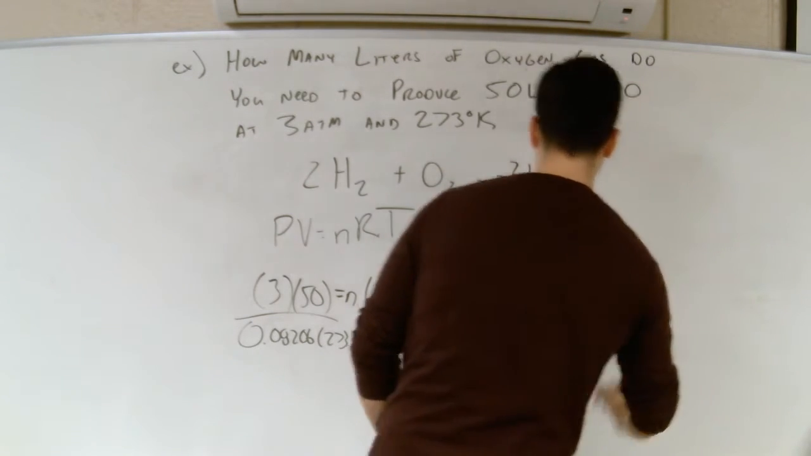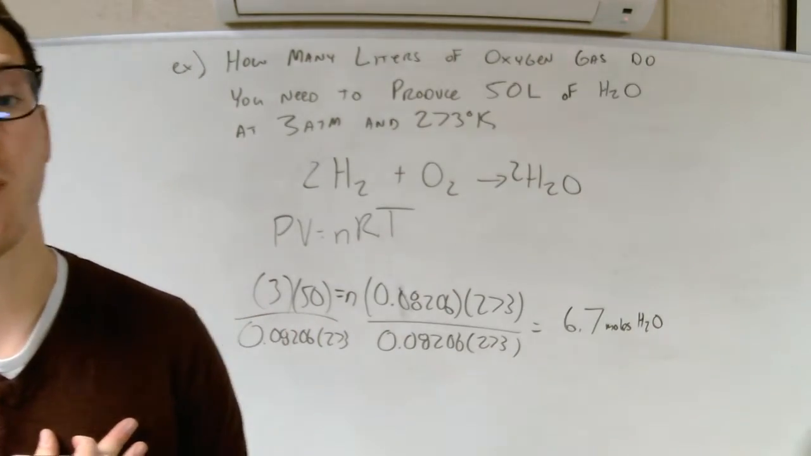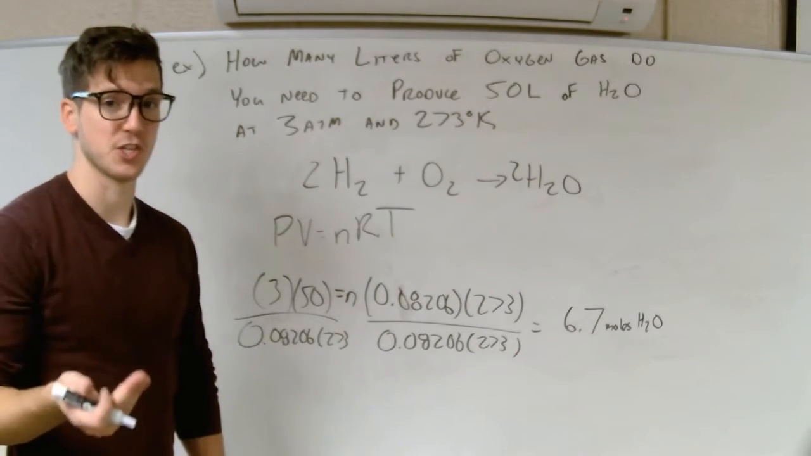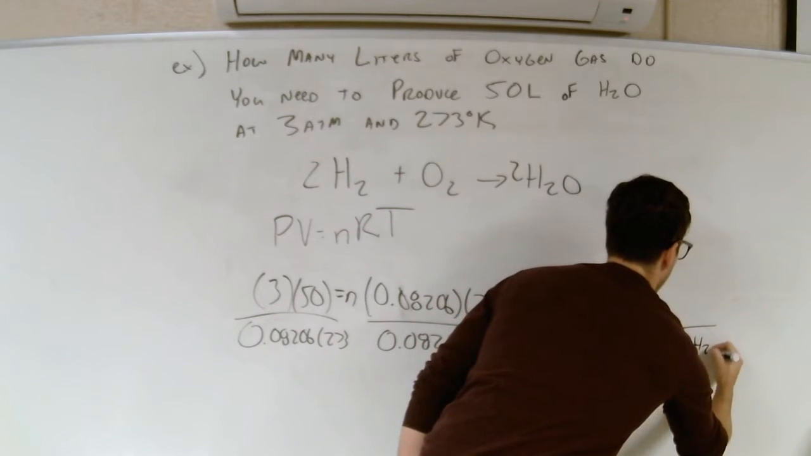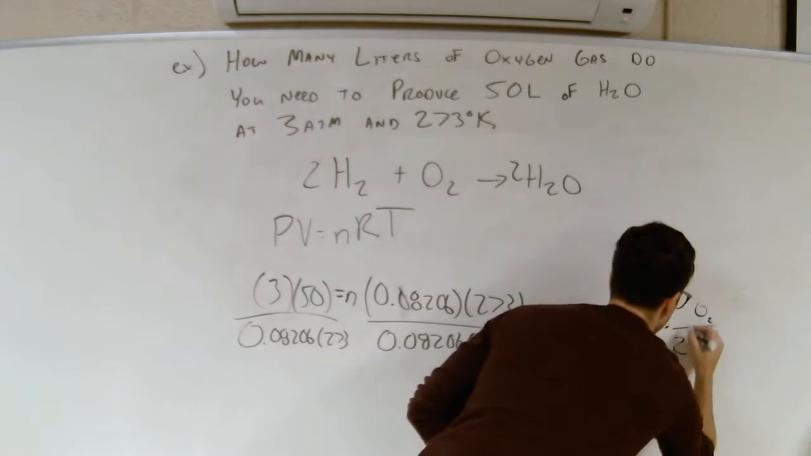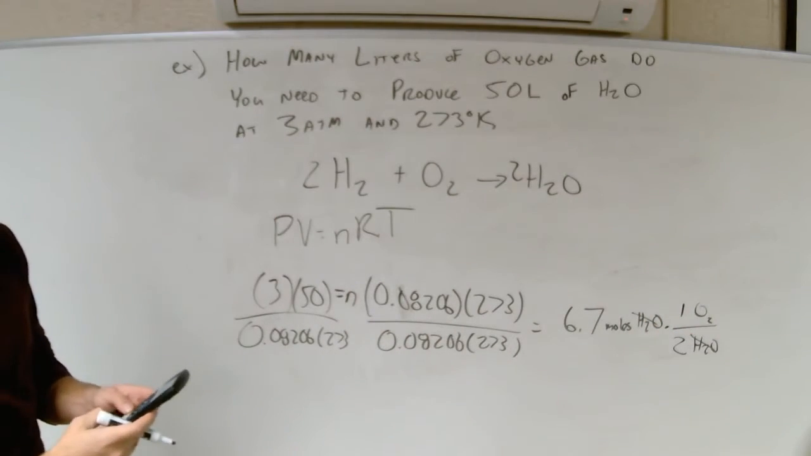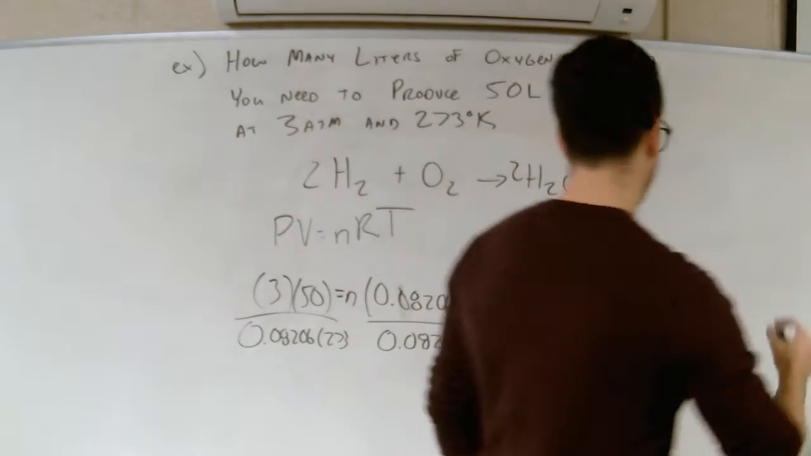moles of H2. But again, I don't want moles of H2, I want moles of oxygen gas. So we better be doing a ratio here. So 2 to 1. H2O on bottom, O2 on top. It is a 2 to 1 ratio. So 6.7 divided by 2 will give me 3.35 moles